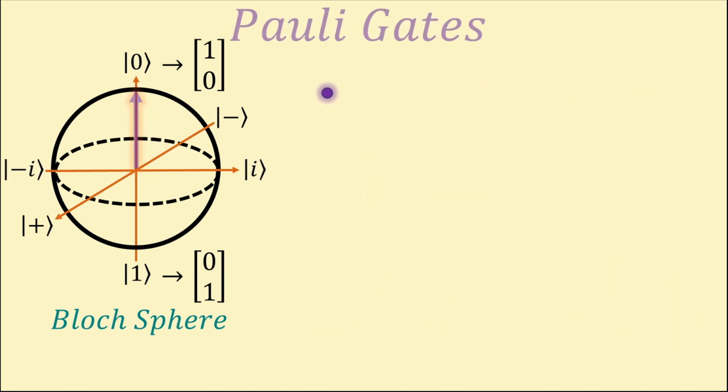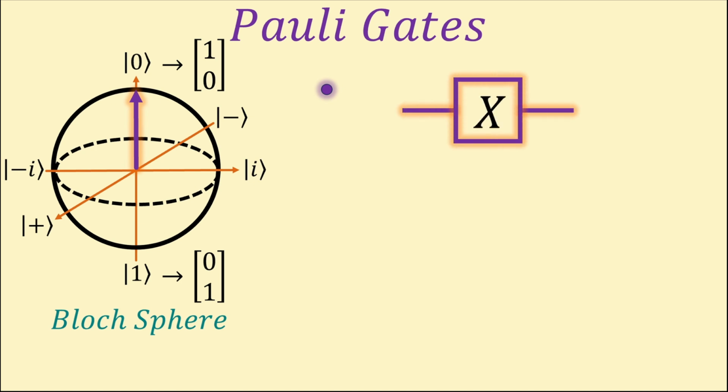Now we understand how qubits are represented graphically, let's take a look at our first quantum gate, the Pauli X gate. In matrix form, this is 0 1 1 0. Pretty much doing what it says on the tin, it describes a rotation of pi radians, halfway around the x-axis. For example, if we had a qubit pointing to the 0 state, the X gate would rotate this pi radians around the x-axis to get the qubit pointing to the 1 state, like so.